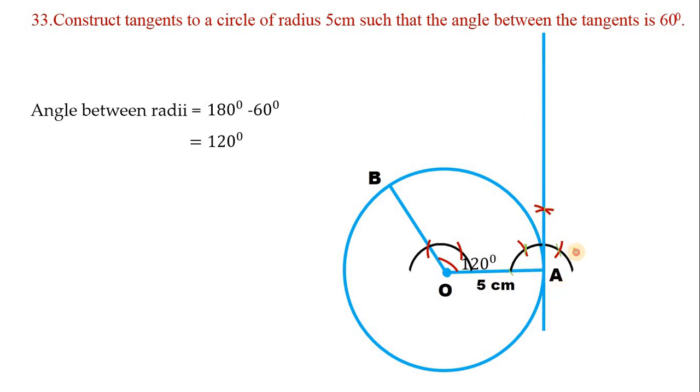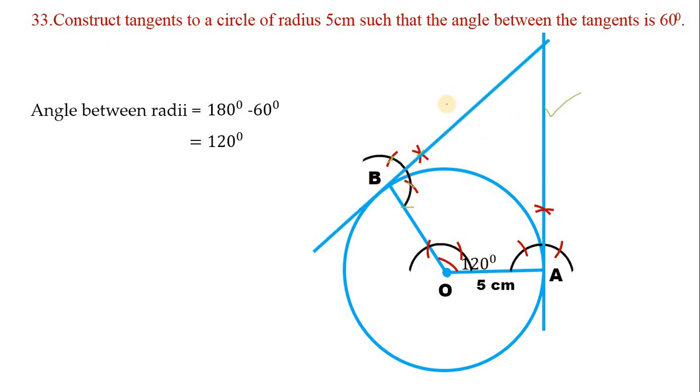So how we have constructed tangent at A, same tangent you have to construct at B. Children, once you have taken the radius, throughout the problem you have to maintain the same radius, you should not change. Again construct a semicircle. Now this as center, cut an arc like this. Again this as center, cut an arc like this. Now this as center, cut another arc, and this as center, cut another arc. Now join this point to B and produce just like this.